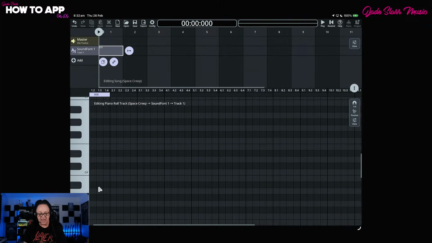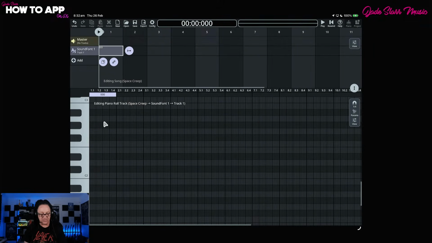Scroll anywhere along here, up and down, because we want to get to C2 so we can start putting in these